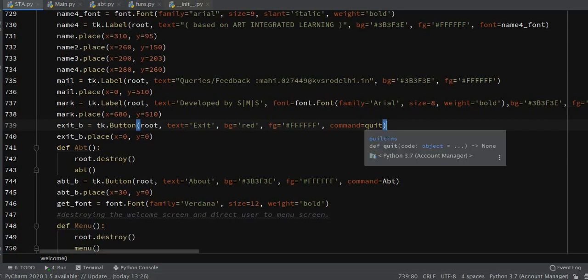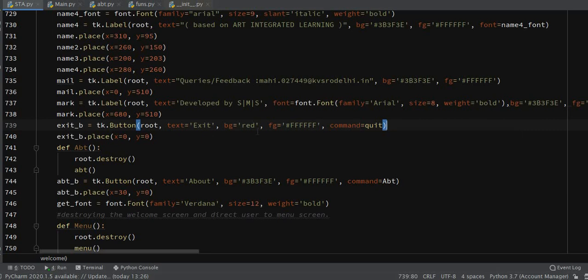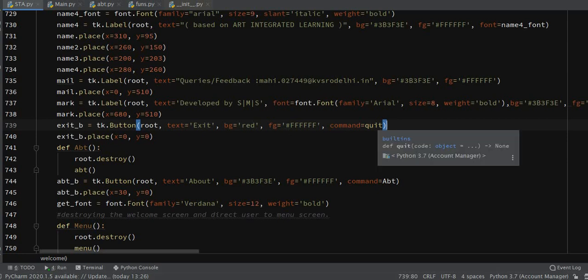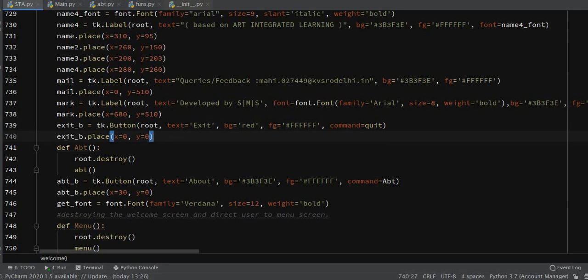You can also assign it to some sort of user defined function. I will tell you about that also. What quit does is that it just ends your program there, and then I have placed the button using the same place function.